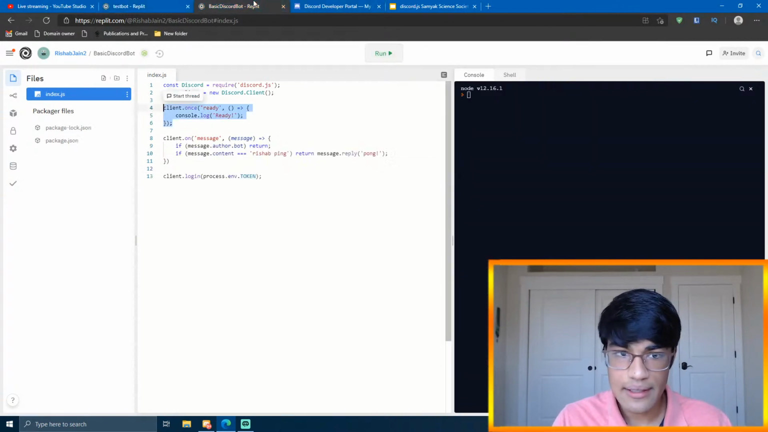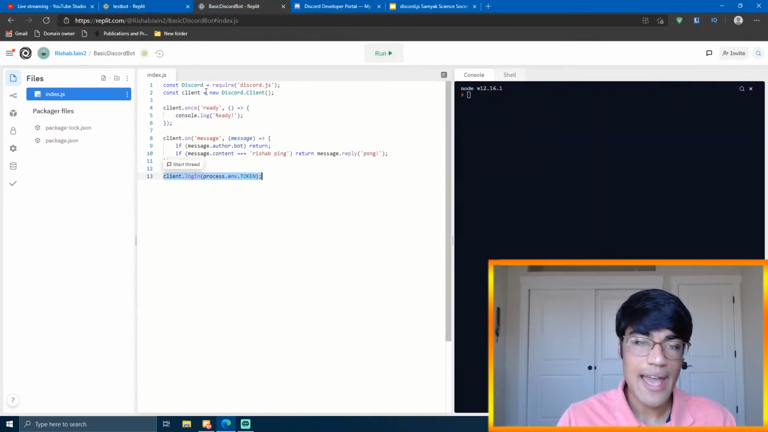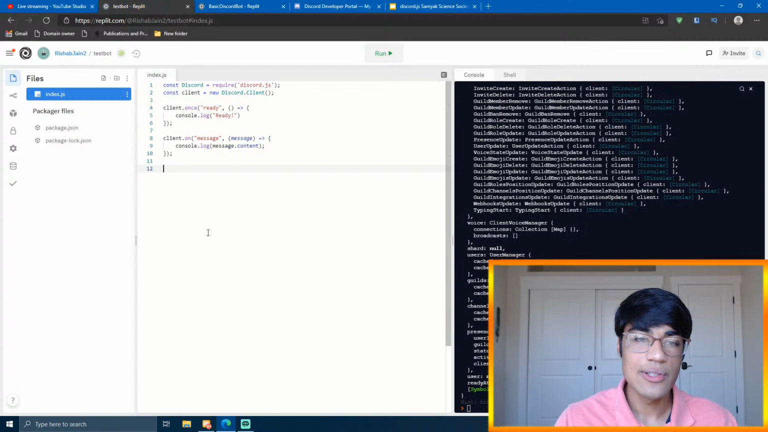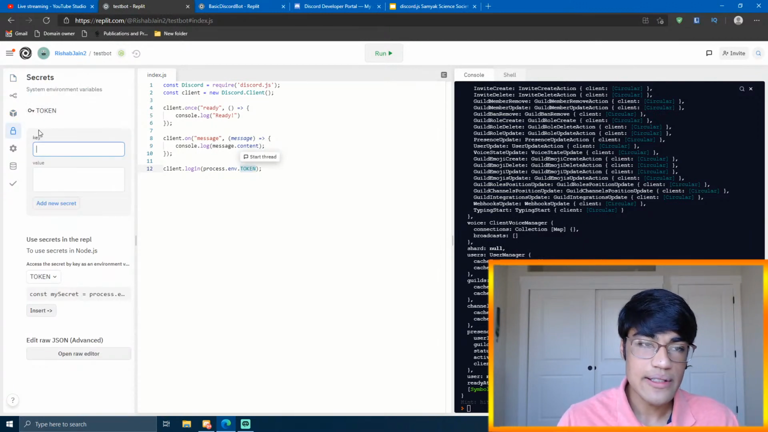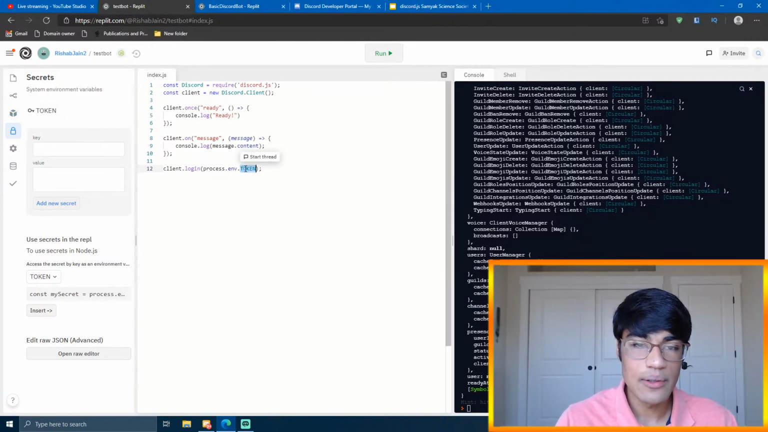We haven't authenticated. So in order to log into it, we have to use this code right here, which is client.login. So we're logging into our client with a token. Here we're going to type in process.env.token in capital letters. And that's going to lead to whatever token we've specified in our system environment variables. As you can see right here, we have our token, and that's the token that we're using